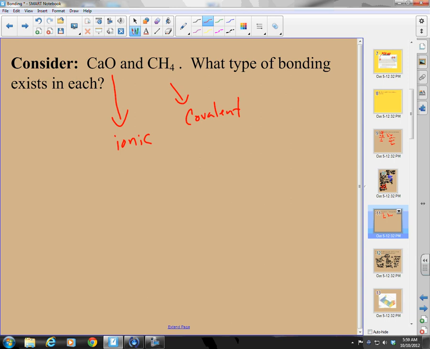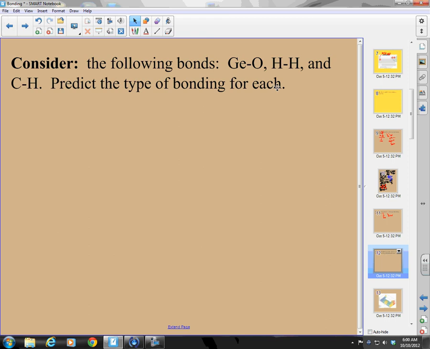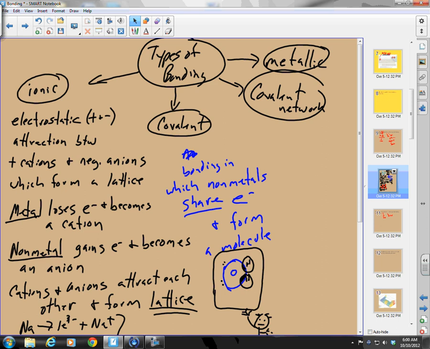Let's see, where do we go from here? Okay. Let us consider, let me clean this up. Let us consider the following bonds. I have a GAO, an HH, and a CH. Predict the bond type. Okay, so let's come back to our notes, and let's add some stuff over here about